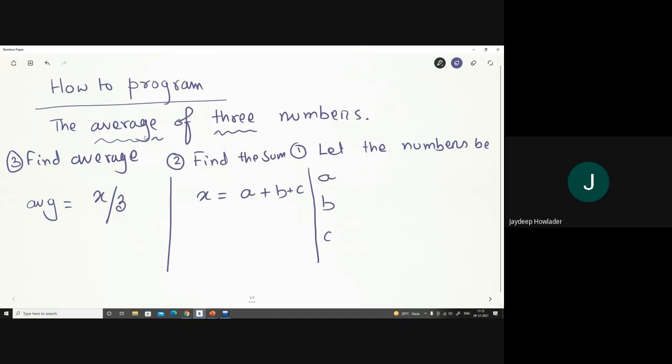Say we don't have a direct computation for an average, like we don't have a function or an operator which computes the average of three numbers. Rather we have other operations, and if we sequence the operations in such a way, I can find the average of three numbers. The other operations are the addition operation and the division operation.